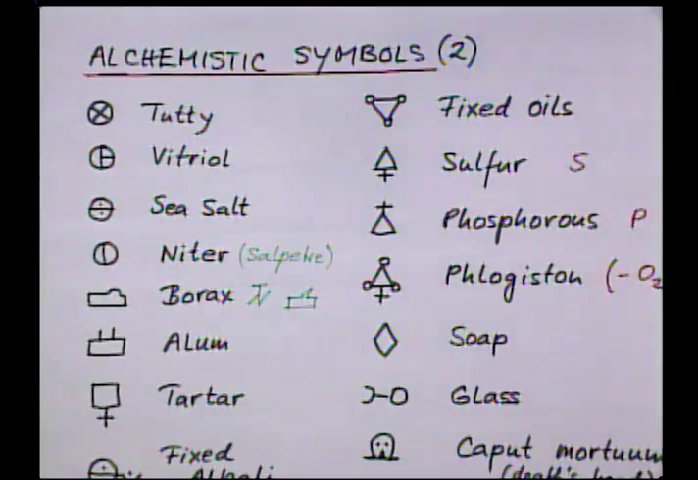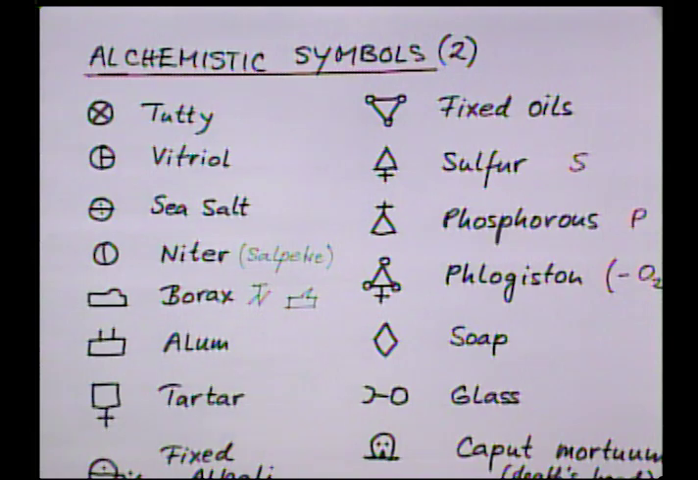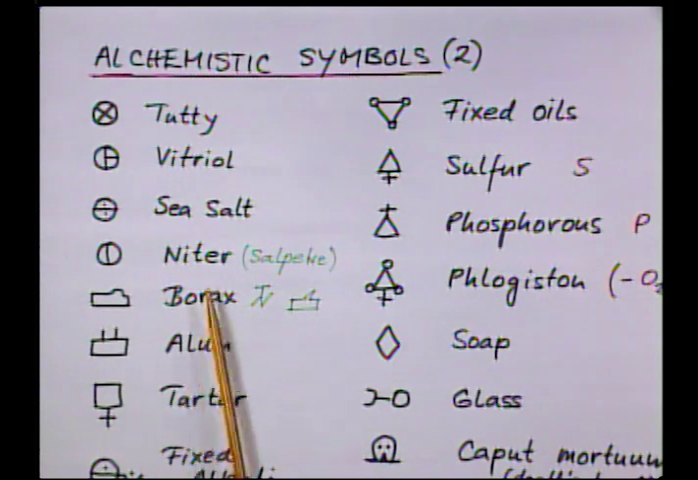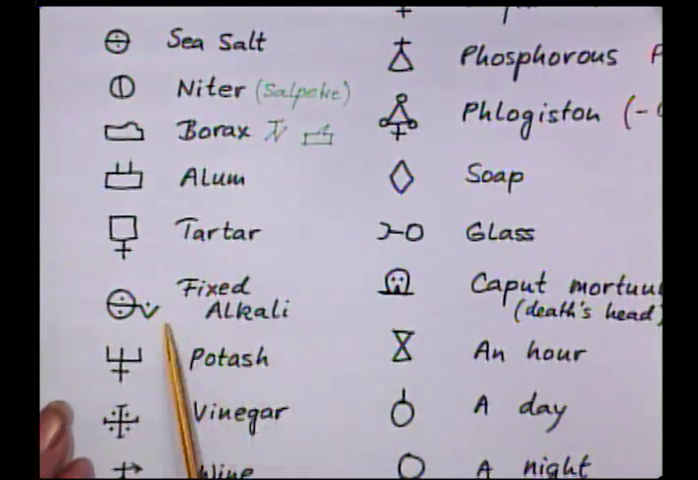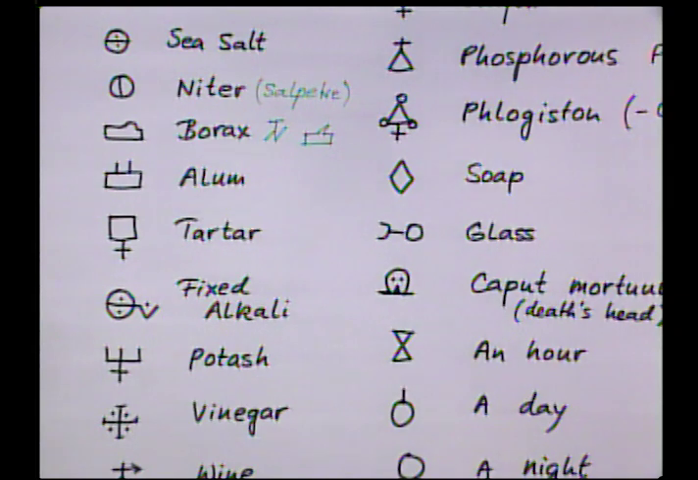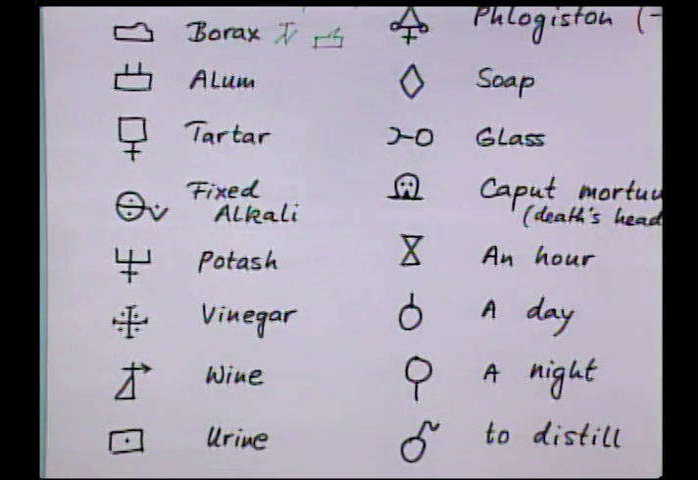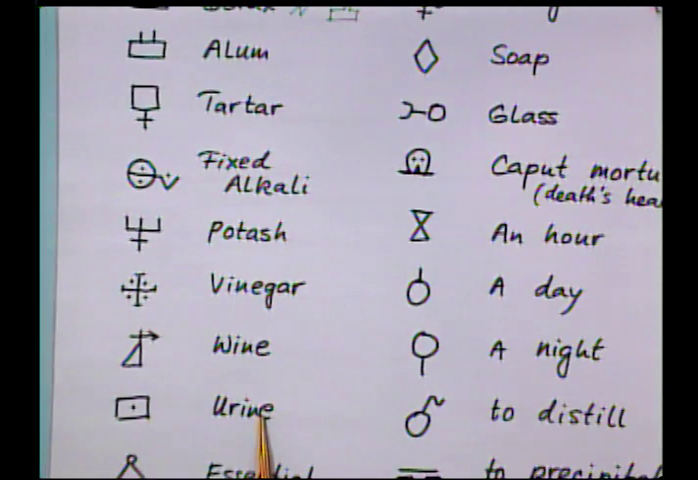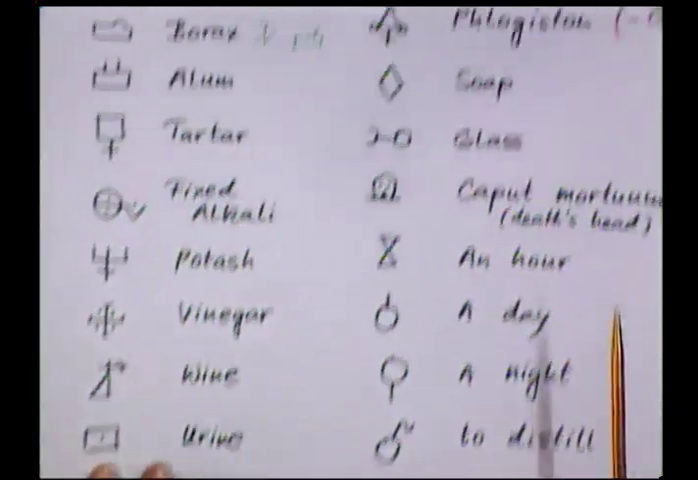Here we have another set of symbols. For instance, vitriol, those are the sulfates. Niter stands for nitrogen. And even Dalton later on borrowed this symbol for nitrogen. Alum, tartar, fixed alkali, that means it's a certain type of modification. Potash, vinegar, wine, which of course we know is a mixture, not a pure chemical. Even urine had its own little symbol. Essential oils that you get from plants. Fixed oils,